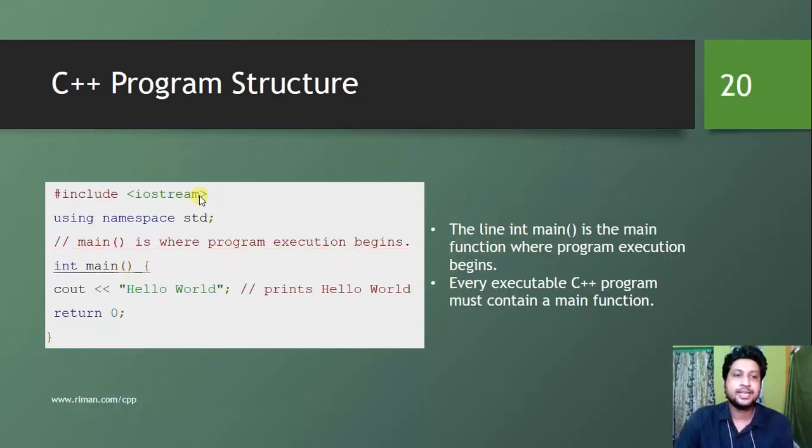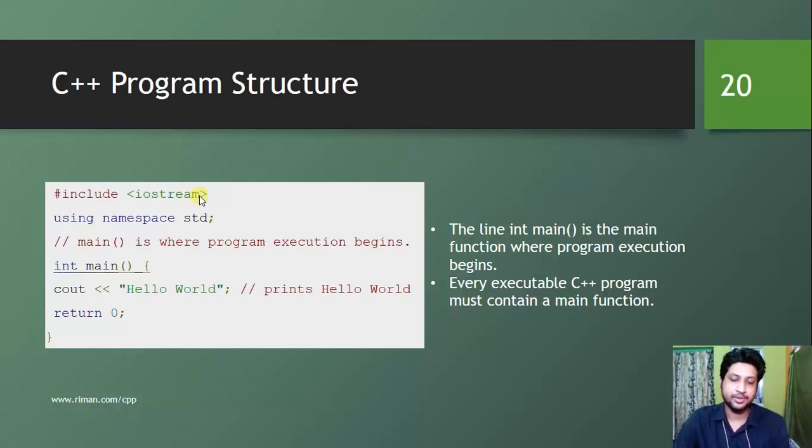The next one is int main. The main function indicates the starting of the executable portion of a C++ program. The main function should always return an integer value. That's why the return type of main is int. And within the main block, we are going to write all the executable code that is required to be executed